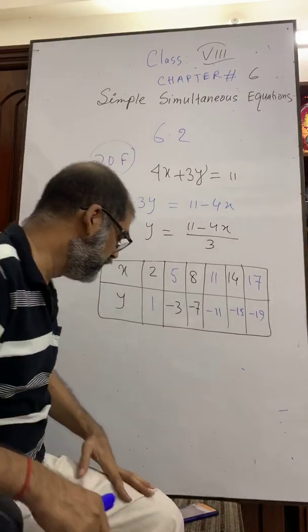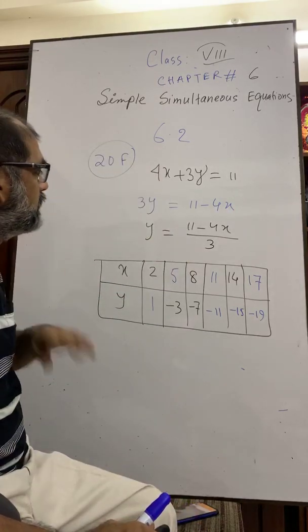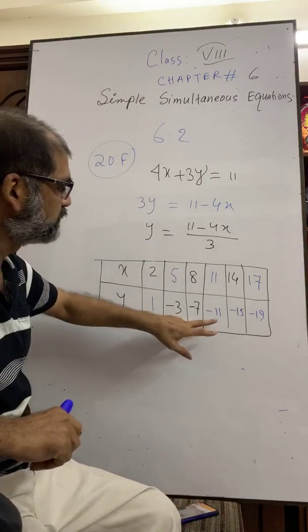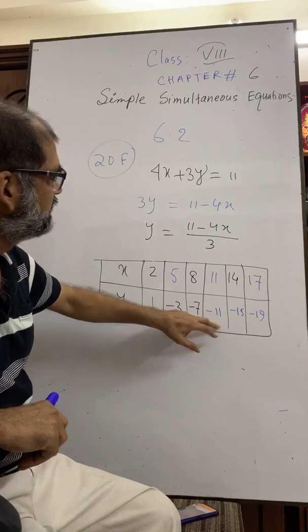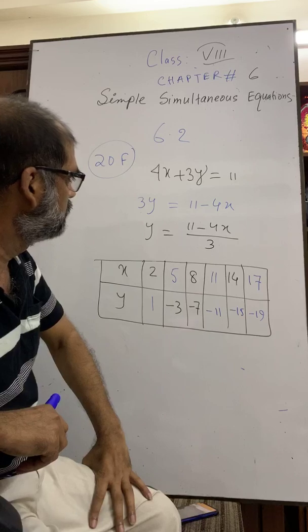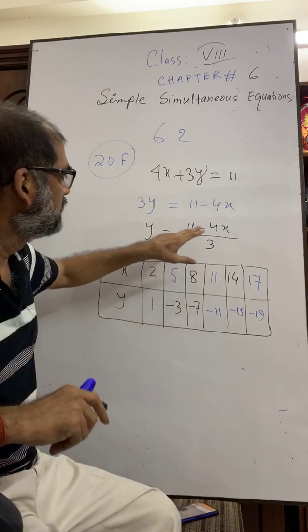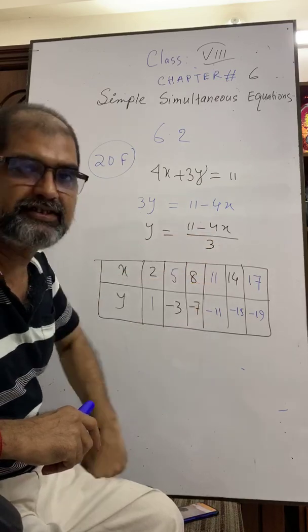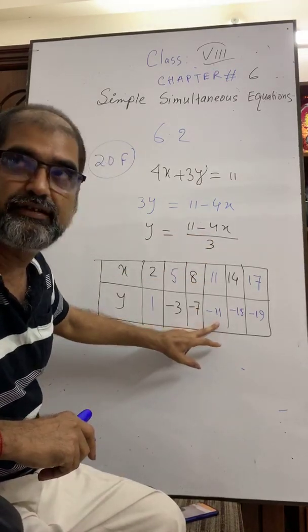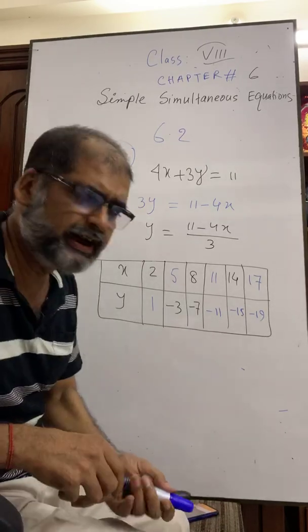But in the exam hall, you don't need to write all the values. Okay, let's try. Suppose it is 4 times minus 11. 4 times 11 is 44. Minus 44. I'm sorry, 11 minus 44, that is minus 33. Our answer is minus 11. So it's right. But in the exam hall, we don't need all.